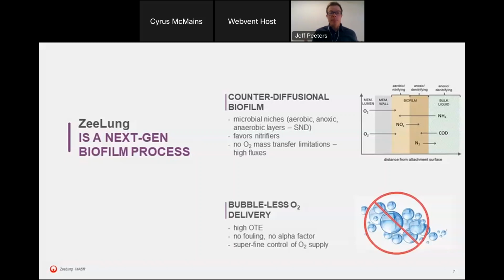So what's unique about the process is twofold. We talked about the bubbleless oxygen transfer delivery, of course, which means high oxygen transfer efficiency. It means we have no alpha factor or fouling associated with other oxygen delivery systems. That also means we have very fine control of oxygen, which opens up really unique process opportunities for the MABR